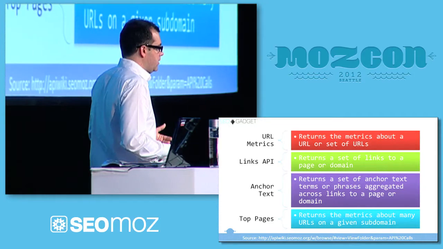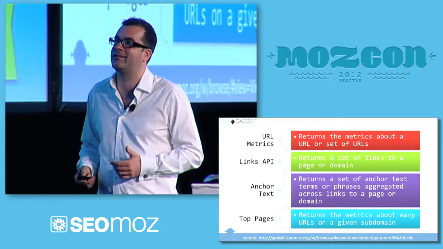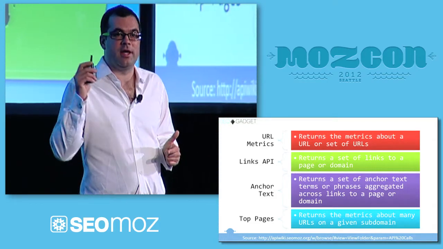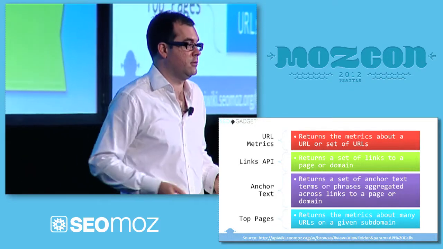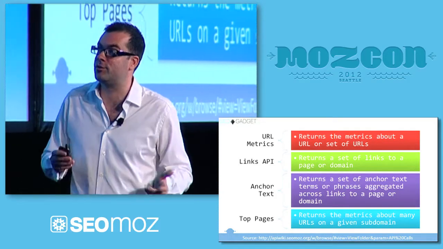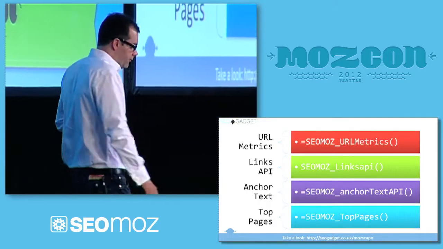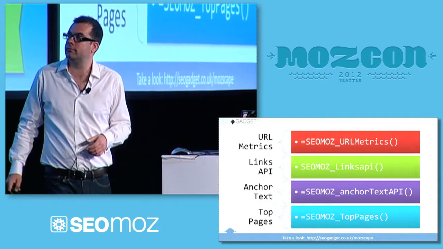Anchor text API, you know what the anchor text API does. It tells you how people are linking to you and with what anchor text. And then the links API is super powerful. The links API spits out links. So you give it a URL, and it tells you who's linking to you. That's the thing that I'm going to show you next. I'm super excited about this. So our tool, the links extension for Moz, grabs all of that data with these functions. So if we can switch back to Excel now, please.